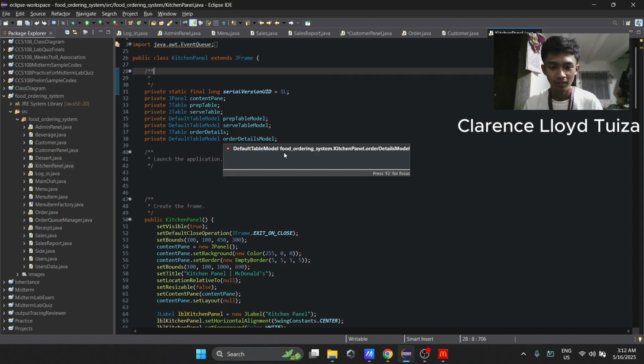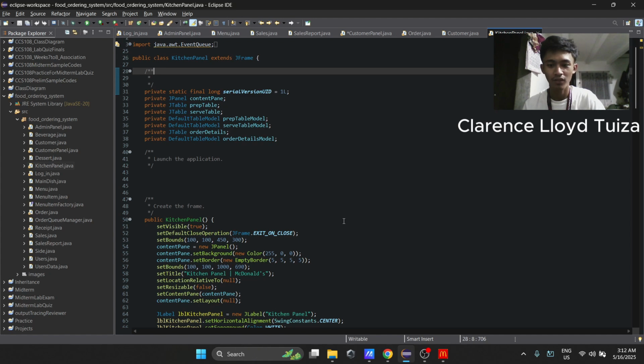We tag the class inside the food ordering system package so it can easily reach every domain class, like the ordering queue manager. Swing imports supply every GUI widget. EventQueue appears but isn't used. Safe to remove.